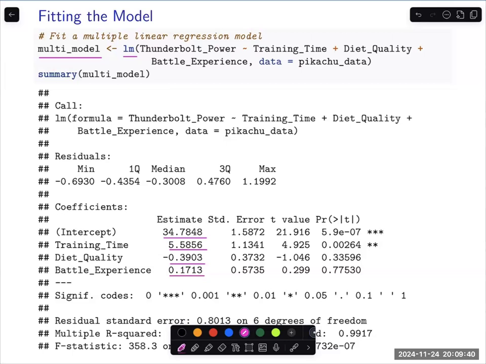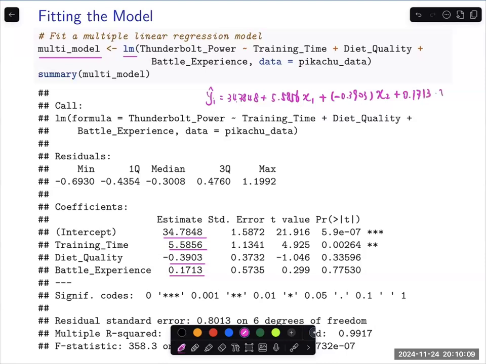So theoretically, the model should be written as y hat, which is Thunderbolt power, equal to 34.7848 plus 5.5856 times x1, which is the training time, plus minus 0.3903 times x2, which is data quality,